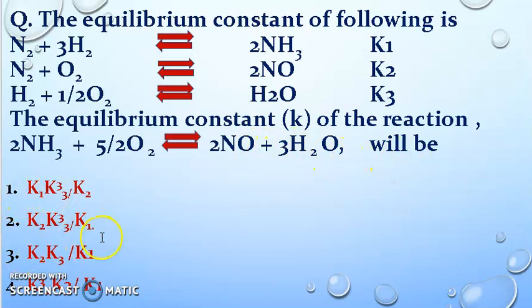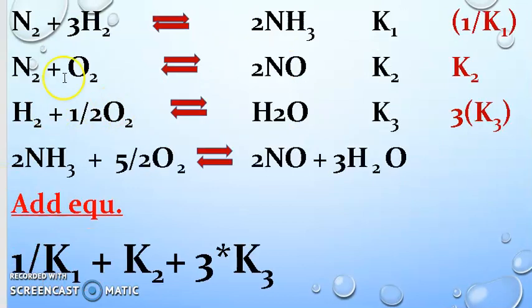So there are four options here, and from them we have to choose one. For that, look at these three reactions which they have mentioned in the question. From them only we are going to find the equilibrium constant K. If you see this main reaction, its terms should match with these three reactions. What is the first term here? 2NH3 ammonia. So we have to match it with the first equation. Where is that particular term?